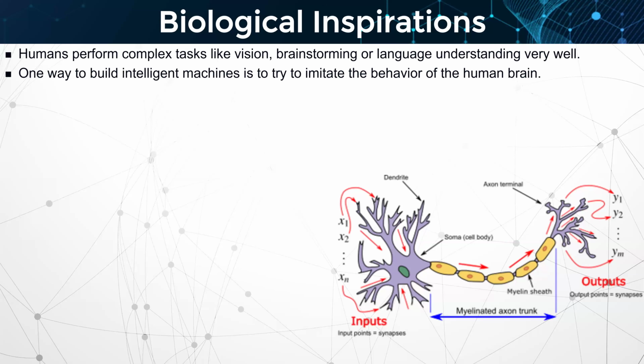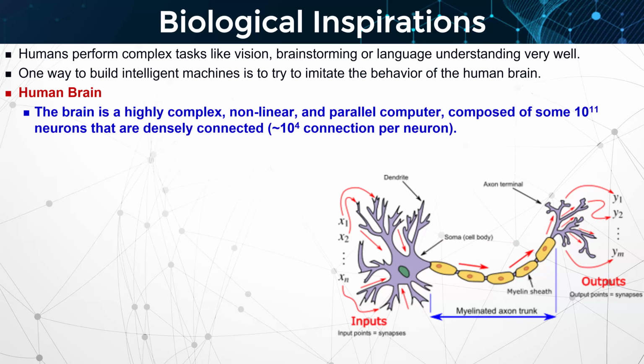The human brain can perform complex and non-linear processes or tasks like brainstorming, language understanding, and so on. So what we need to perform right here is to try to mimic the behavior of this biological neuron to analyze and make predictions